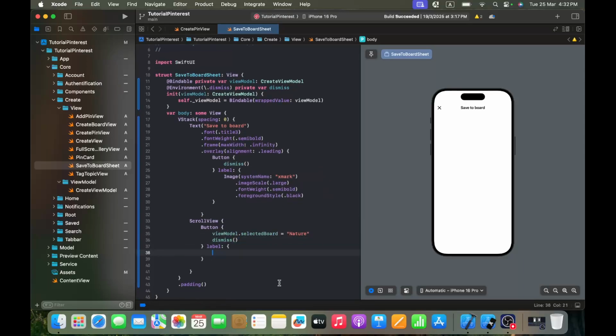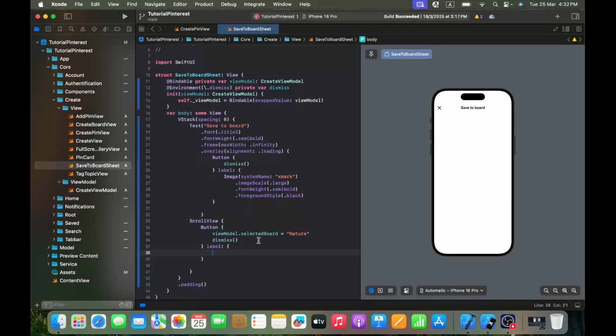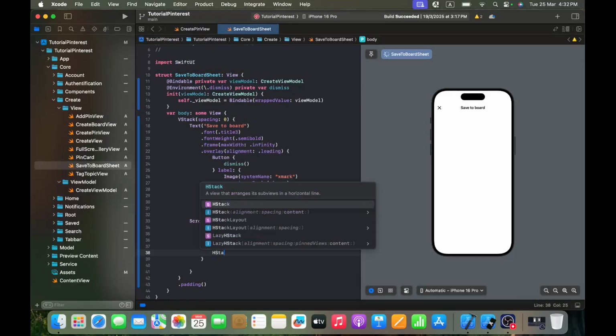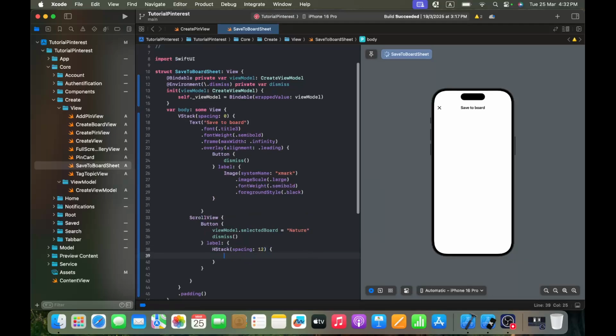Okay, then for the label, as you can see, let's go back to it. It's an HStack where we got an image, then a text, then probably a spacer. So we will do an HStack, I will give it a spacing of 12. And inside it I will have Image from my asset folder, wallpaper. I'm going to make it dot resizable